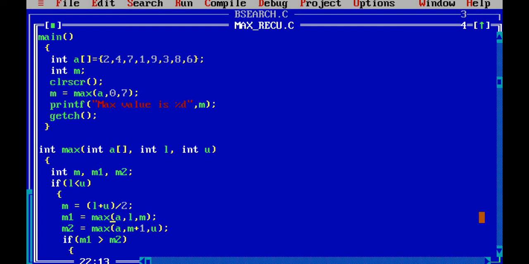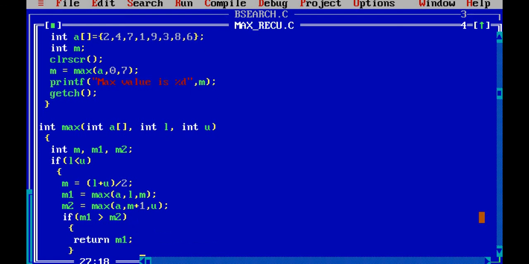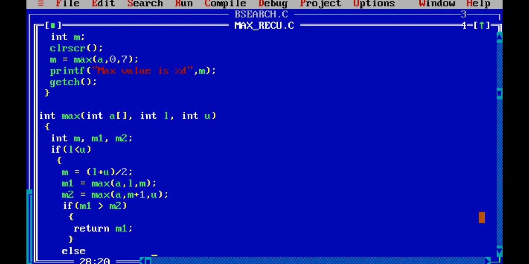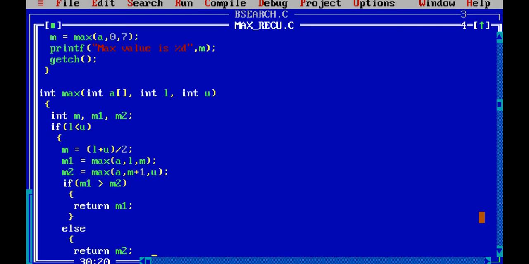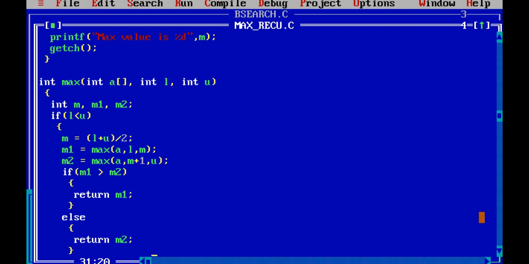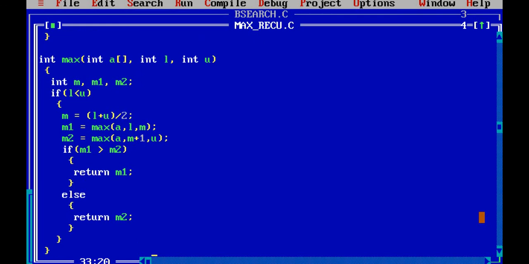So the middle one you have found, from the first half, 0 to the first middle, L to M, M1, and the other part is A from M plus 1 to U. Then if M1 is greater than M2, then return M1, else return M2.